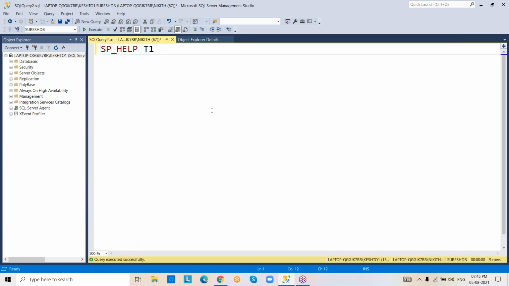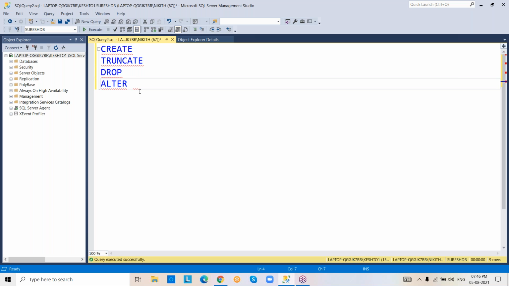So these all come under DDL commands. Create command, truncate command, drop, alter. The create command is used to create a table in the database.